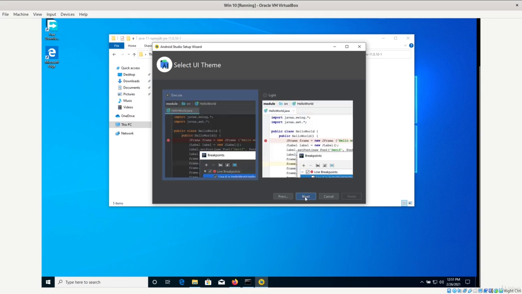In fact, it's a very good option in Android Studio that it gives you an embedded JDK so that you don't have to install JDK by yourself and set up the environment variables for Java Home and the path. I press next after selecting the theme. After choosing the theme, I leave it as the dark theme because I'm a fan of the dark theme. I press next,